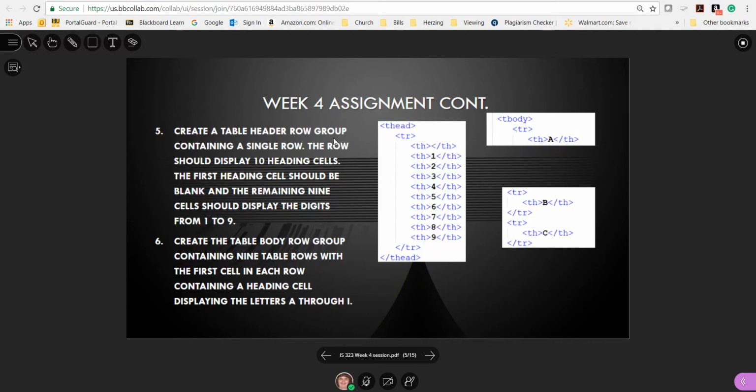Next, you're going to create a table header row group containing a single row. The row should display 10 heading cells. The first heading cell should be blank and the remaining 9 should be 1 through 9, and that's what this is. So this is a table header and this is the table element. Then you're going to create the table body row group containing 9 table rows with the first